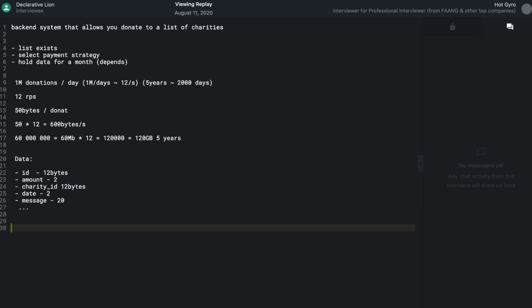Now let's proceed to the second problem. Let's think about the payment strategy. Handling payments is pretty tough, and we would need to put a lot of effort into making the system secure and so on. So it would be much easier to use a third-party service for payments, like you mentioned before, Stripe or something like that. I think it would be safer for us.